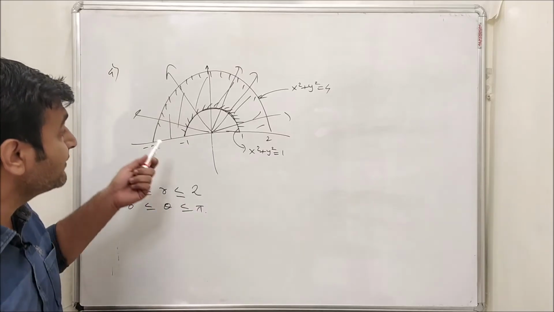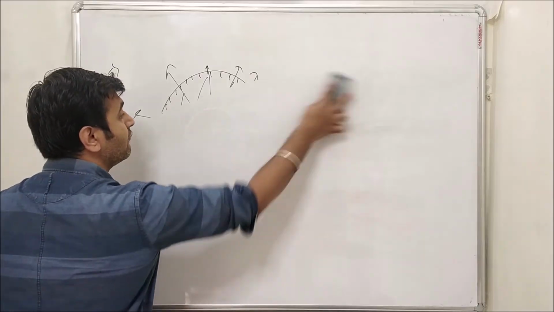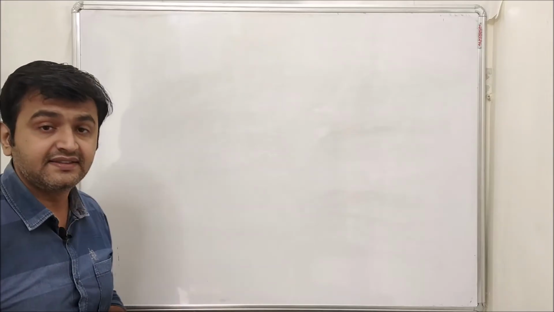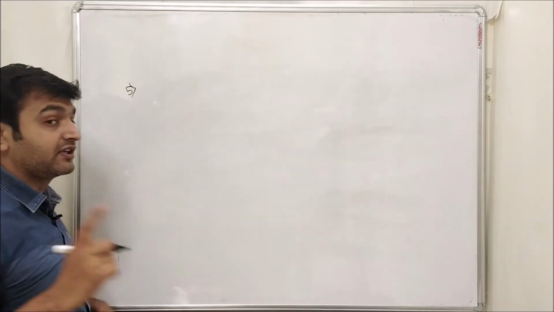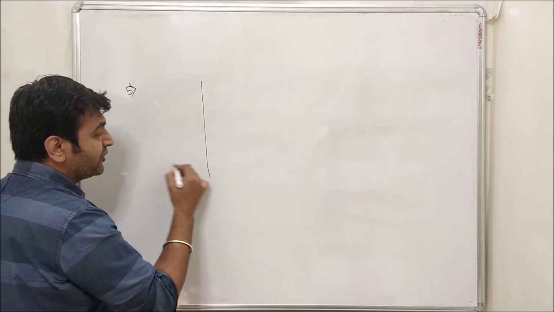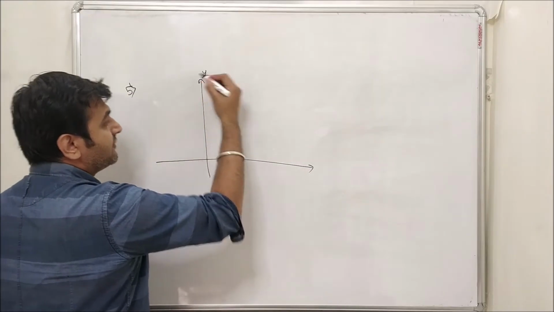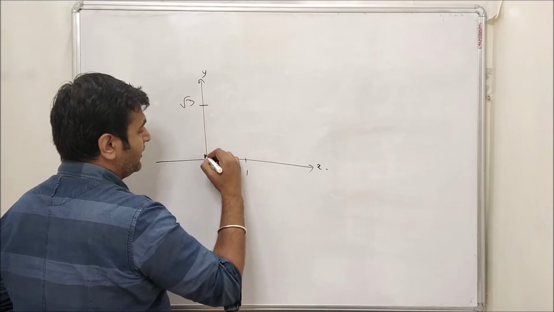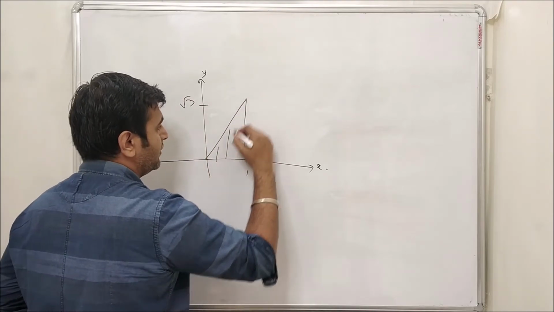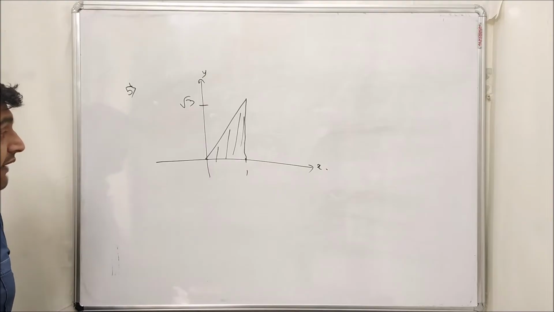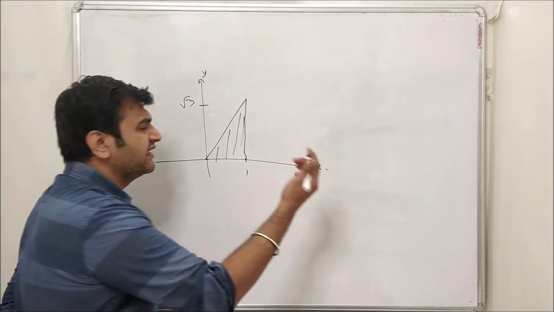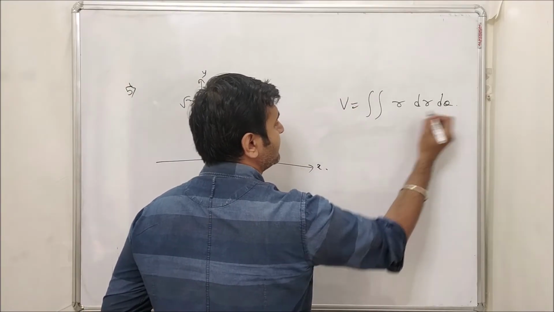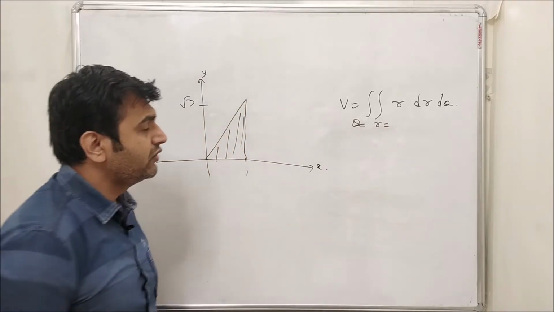Okay, but every time we may not have these smooth curves. What if you have lines, or you can say triangles, such kind of things. So whenever you have straight lines in the domain, trigonometry will come into the picture. Okay, now how will trigonometry come into the picture? Let me take an example. Suppose this is my y and x. Okay, now suppose this is my 1 unit, and let me take this as √3, and let me take this as a triangle. Now suppose this is your region, and I want to find the limits of r and theta, or you have some integrand you want to solve, suppose double integration r dr d theta. Suppose this is the question, you need to solve this integration.